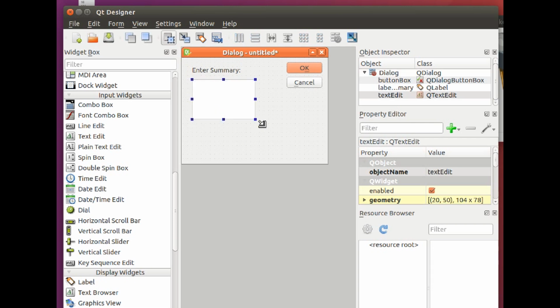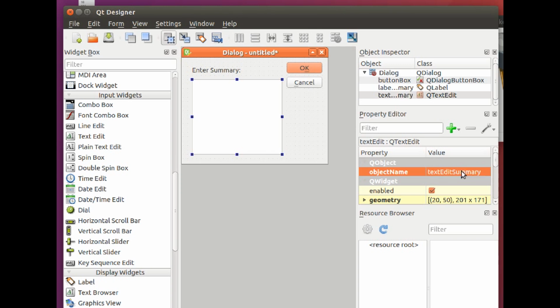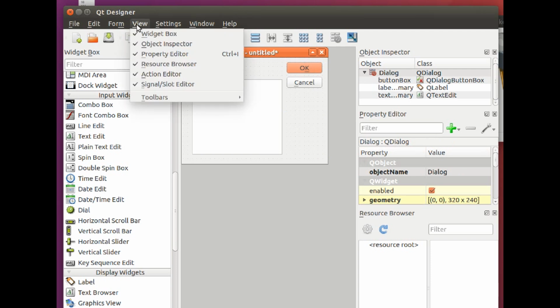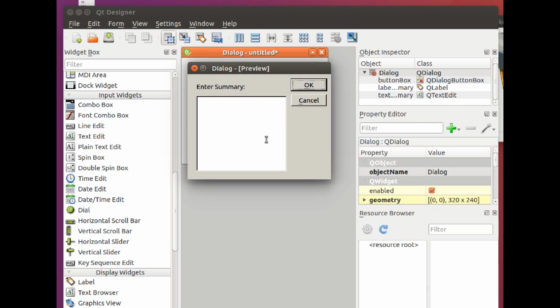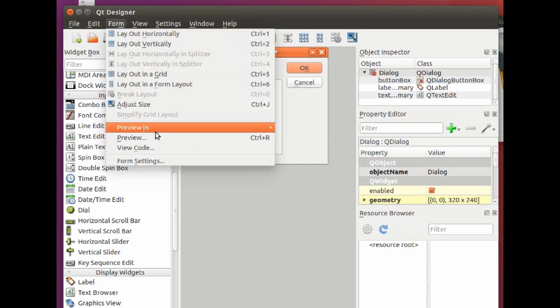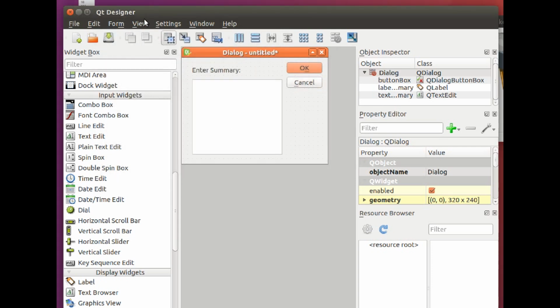You can resize it, and it has a name text edit, so let's name it text edit summary. And we can preview this, so we can go to form preview, and we can have a look at how it looks on Windows, Mac or Linux or whatever. So on Windows it might appear something like this. On Linux it might look like this, and